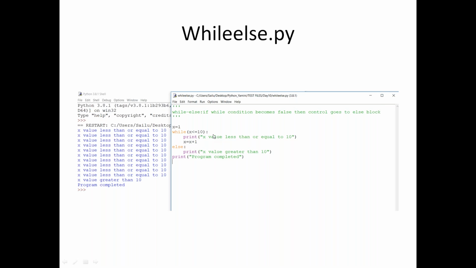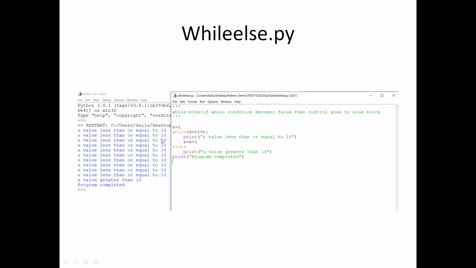After that, it will turn false. Automatically the else statement will be executed. That shows that in while else, generally we have an option to execute the true statement as well as the false statement. I'm not saying it's mandatory. But with an if statement, either one can be executed, whereas here both can be executed.